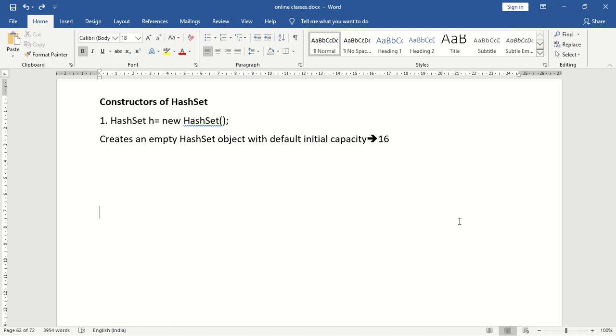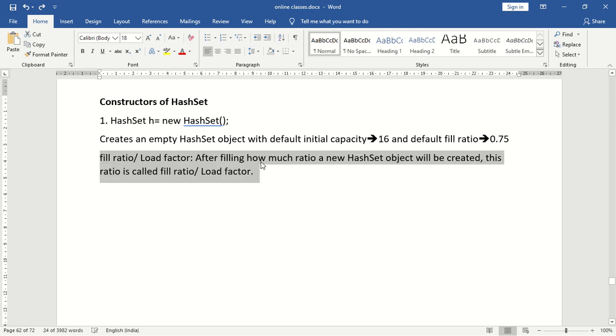Okay. Next, there is a concept called fill ratio. What is the default fill ratio? The default fill ratio is 0.75. So what is this fill ratio? I will explain it now. This fill ratio is also called the load factor. What does it mean? After filling how much ratio, a new hash set object will be created.